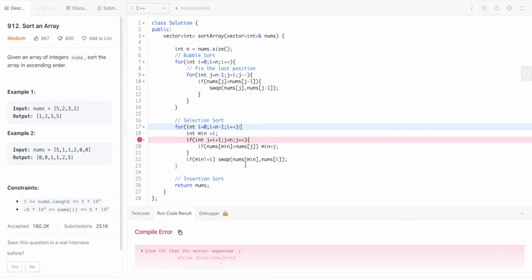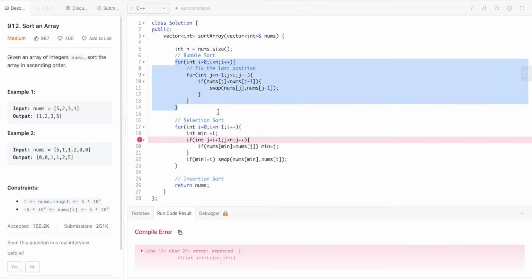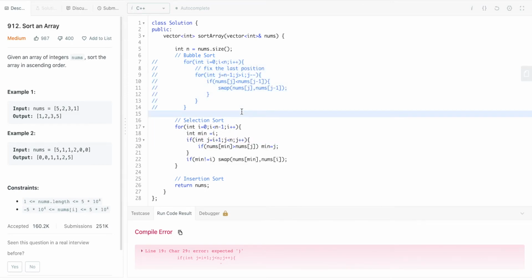Okay, what kind of error is here? Looks like a normal error. I'll just comment this part out, because we don't need it at all. For this part, what error are we getting?